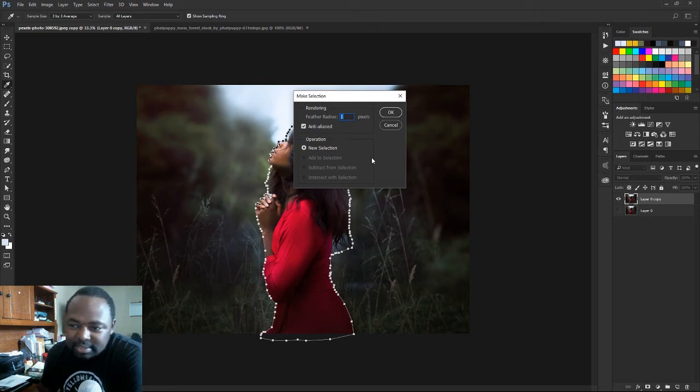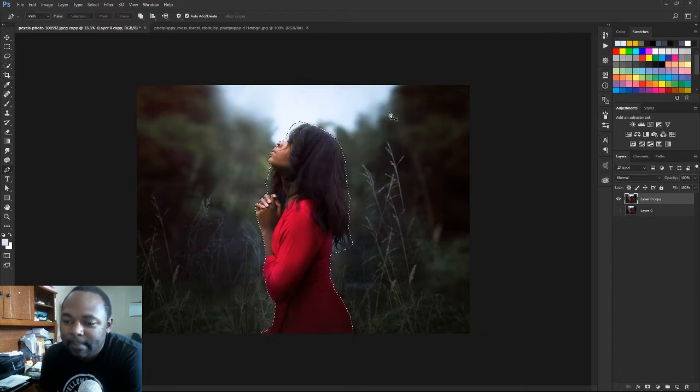And the feather radius is all about how soft you want your edges to be. So if you want the edges to be hard, then you want to leave your feather radius at 0. But I want my edges to be kind of soft, so I'm going to just leave it at 1. And that's just going to soften my selection just a little bit. I'm going to hit OK,